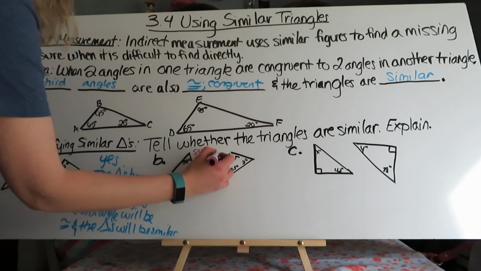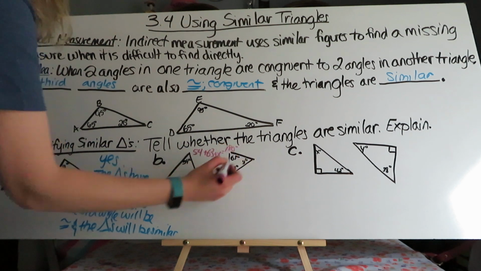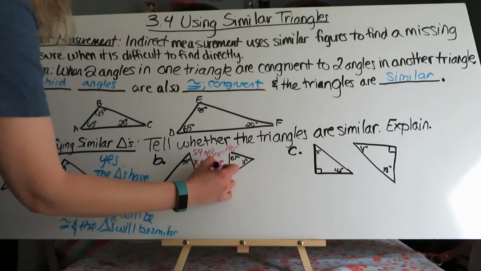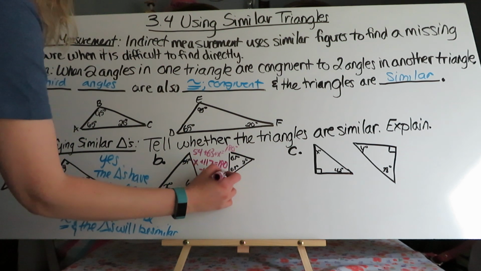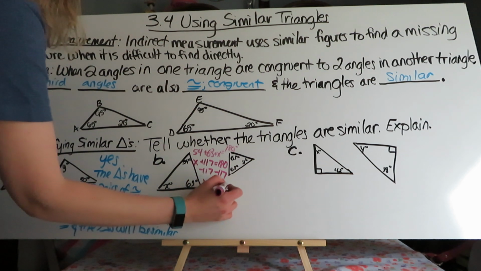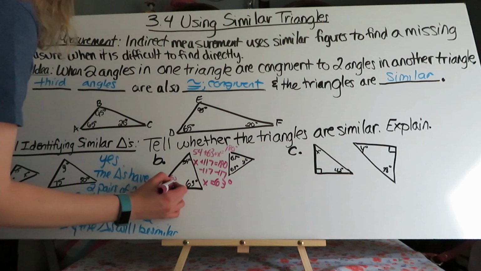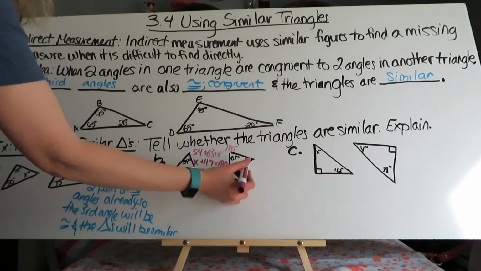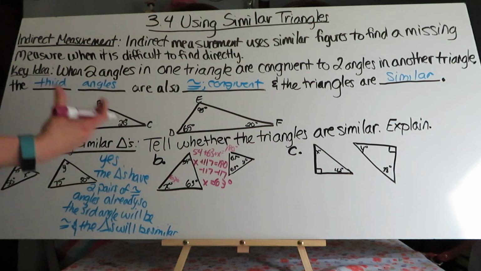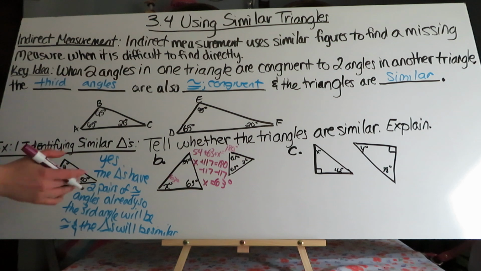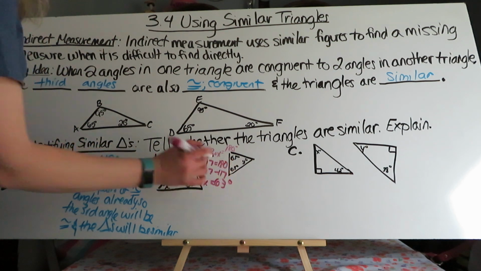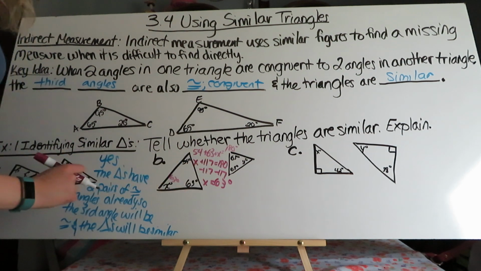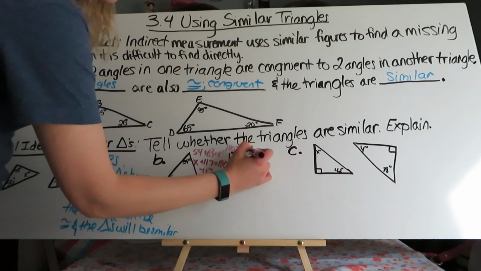54 plus 63 plus X equals 180 degrees, which, combining like terms, X plus 117 equals 180. Subtract 117 from both sides. X is 63 degrees. So if there are two 63s here, that means this last value is going to be 54 degrees. You could solve for the missing Y, but we can't assume it. Because these are two 63 degrees, the last angle is 54. So yes,